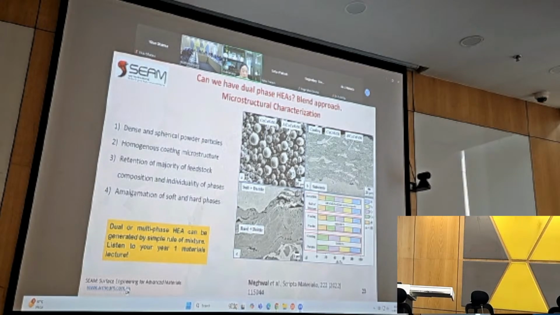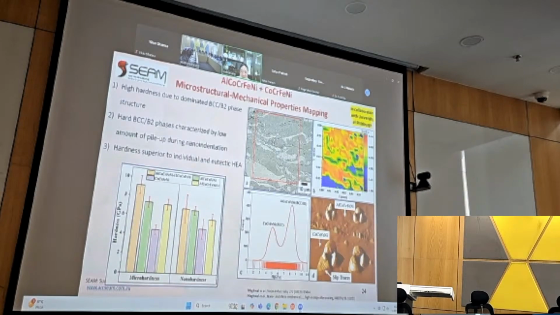I think the driving home point for those that are still studying material science: listen to your year one lecture, because we did the rule of mixture, and then we started to calculate the rule of mixture, the phases, amount left over, and the properties of it, and it does correspond quite well. And here are the nano indentation results, and you can see that we got a hard-soft effect